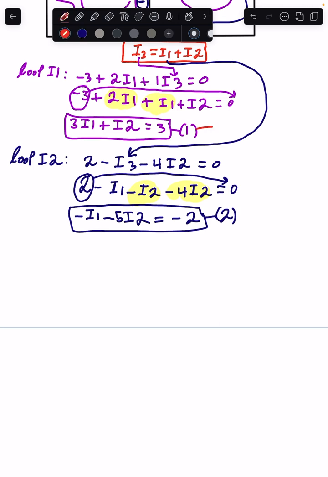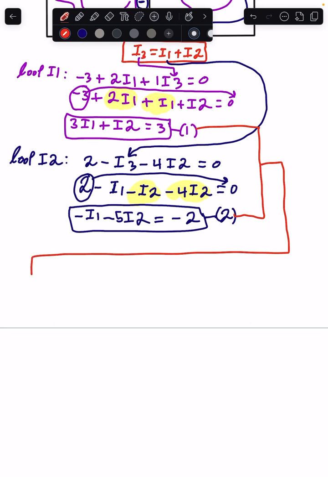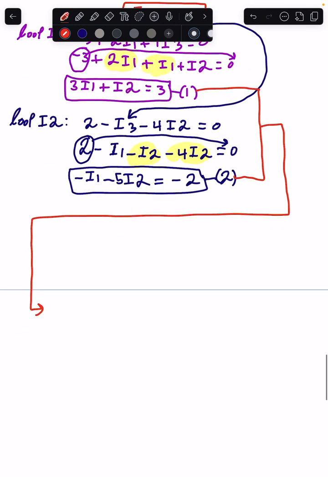So we have 2 equations and 2 unknowns. We can solve this easily by calculator. So we will get I1 equals 0.928 and I2 equals 0.214 amps,